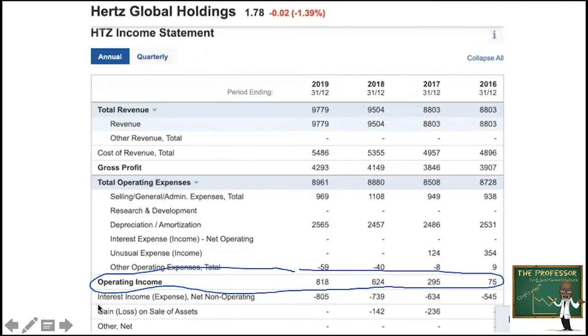And right underneath this is our interest income or expense. Everything from here to here, operating income, is from running the business. This is known as your operating leverage. Everything underneath this is known as your financing leverage, how we finance the growth of the company. And you can see right here, the first stakeholder that we're talking about, interest expense, belongs to the bondholders. This is the interest paid annually to bondholders. Our times interest earned ratio